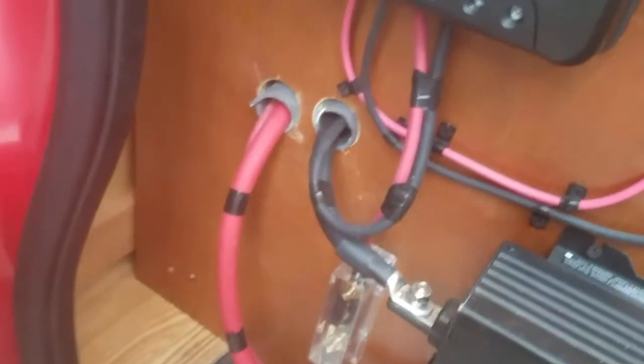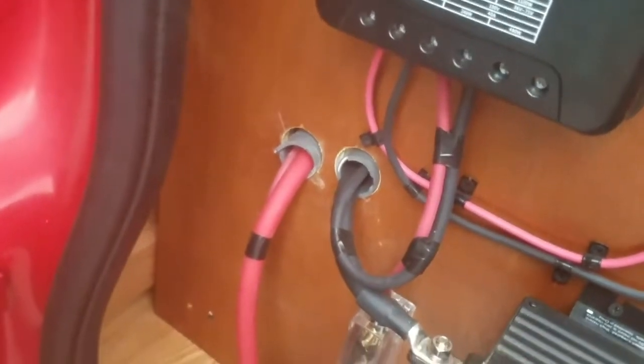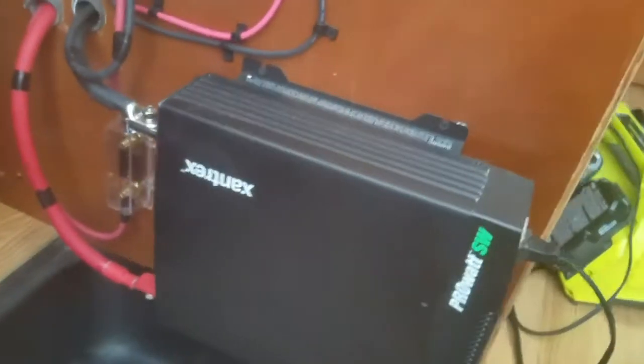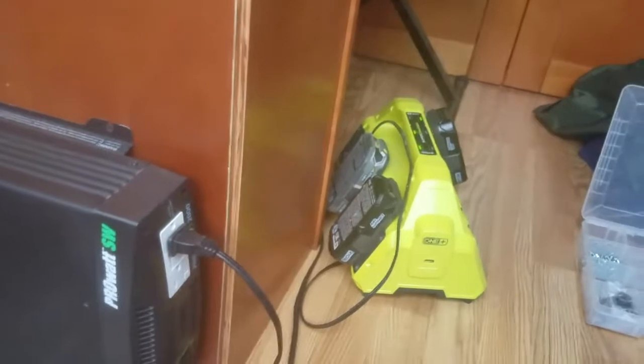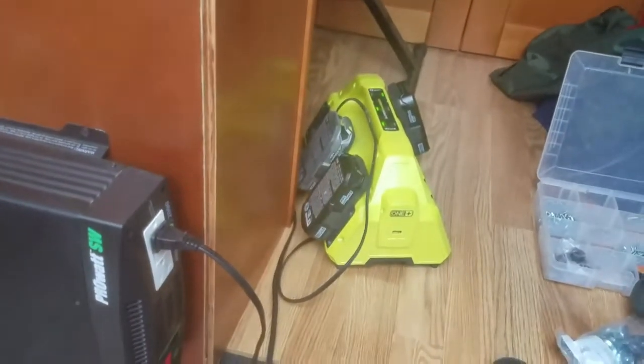The negative is 4 feet long. It connects directly to the battery, and it feeds the inverter here. Then my inverter, right now I just have some Ryobi batteries plugged into it to charge those, and that's the system. So again, real quick, we come from the solar panels through the gland in the top,